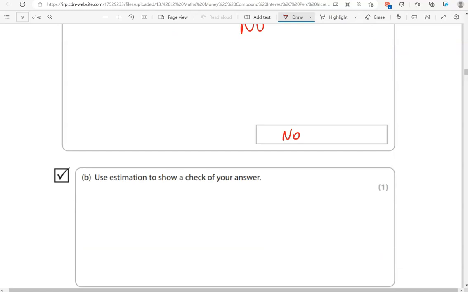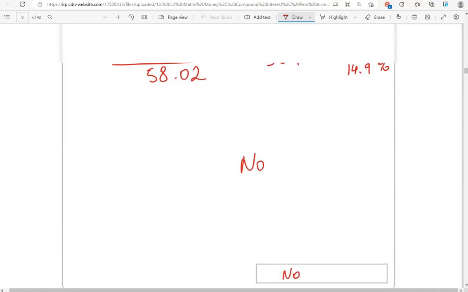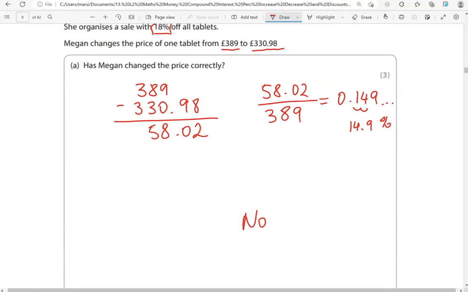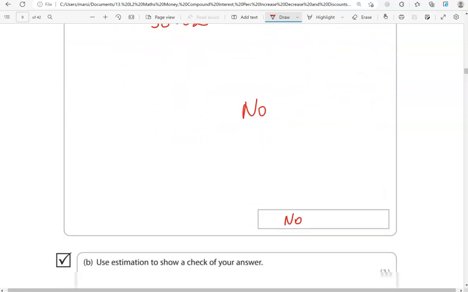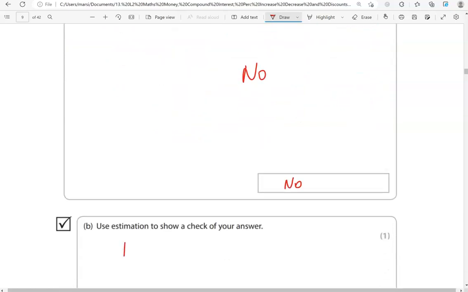Use estimation to show a check of your answer. So when we worked it out, 58.02 was about 15%. So what we're going to do is work out 15% of 390 or 389. So we'll do 15% of